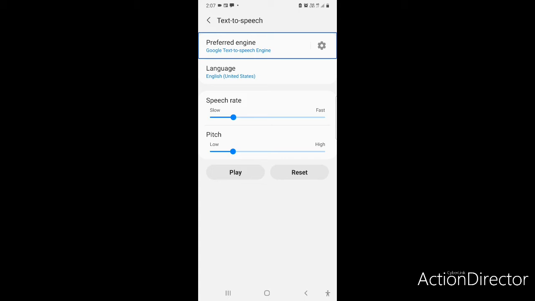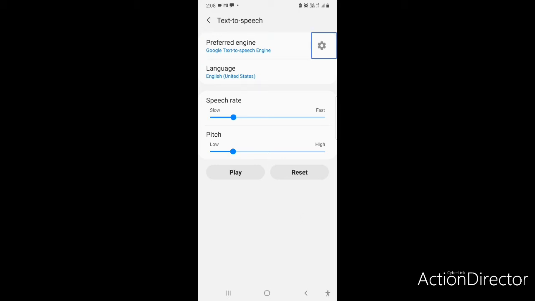And we have the second option. If you are having a Redmi phone, you will have the text to speech that its company provides, and if you are having some other phone, you will have the text to speech which that phone's company provides. As I am using my Samsung device, I have Samsung text to speech along with Google text to speech. I will show that option in the end, because I'll have to show one more thing with that.